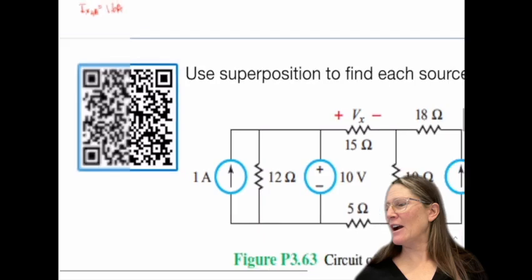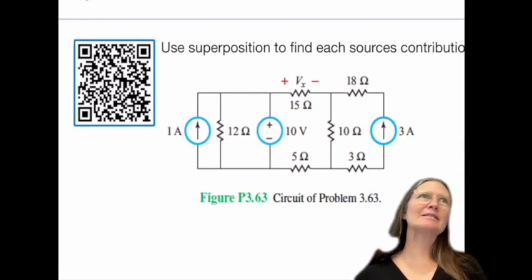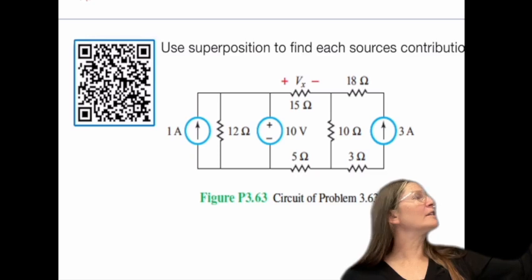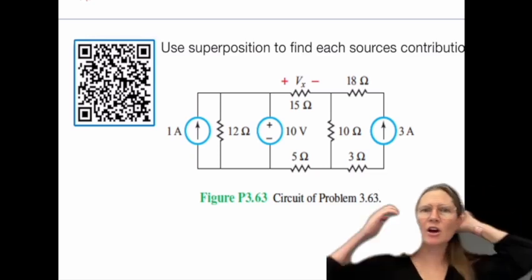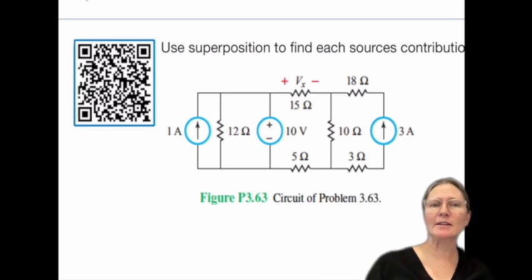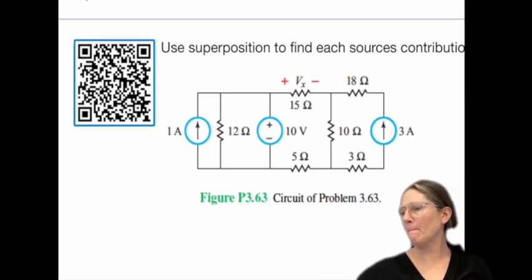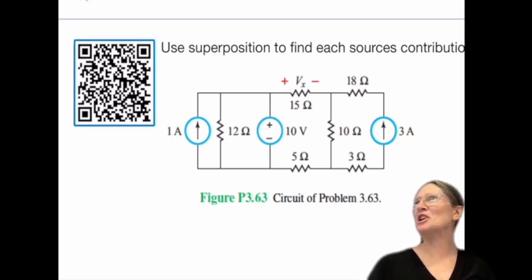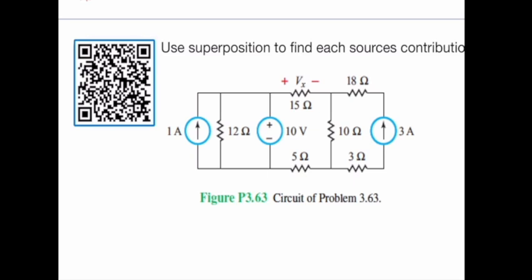Okay. All right, so superposition, how many circuits are going to have to solve for this one? 3, correct. Okay. So 1 on, the other 2 off, and then 1 on, the other 2 off, 1 on, the other 2 off. So you're going to have a contribution, and this time solve for Vx. So you're going to see a contribution from the 1 amp, from the 12 ohms, and from the 3 amp. One of them is very easy, which is nice. You basically just shut all the other ones off. And then,